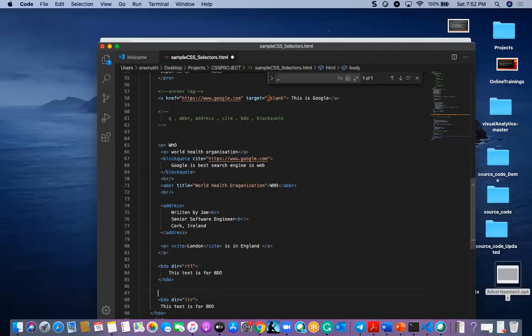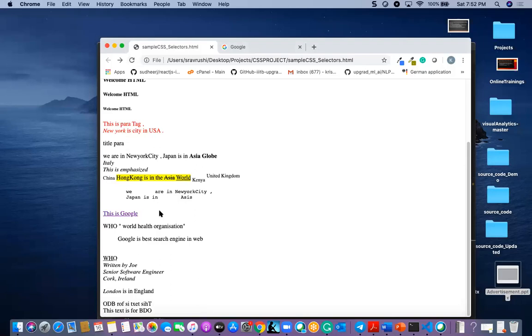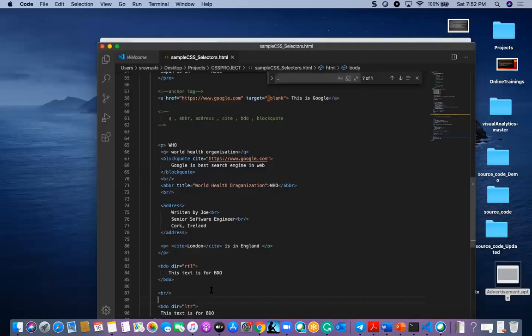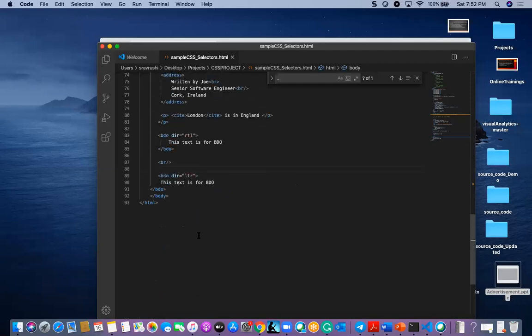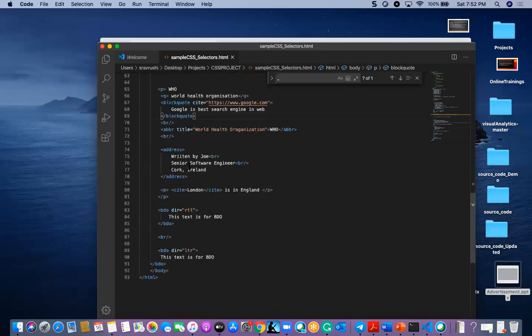So you can find here some break, and then you can find left to right. This text is for BDO. Okay. So these are the different tags we have. They are like some quotation related tags: Q, ABBR, address, cite, BDO and blockquote. So these are the different tags we are having here.